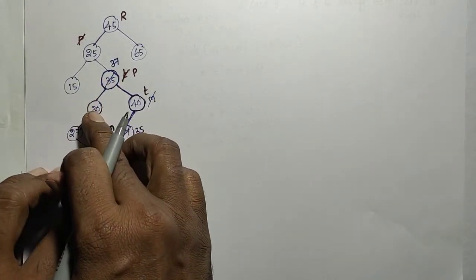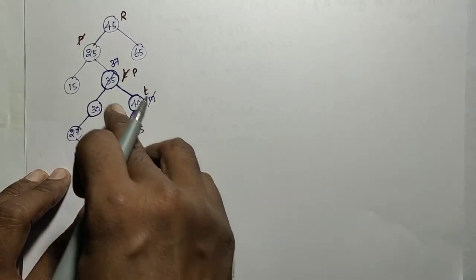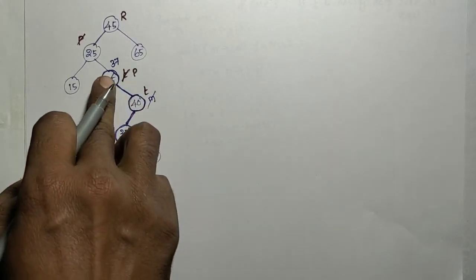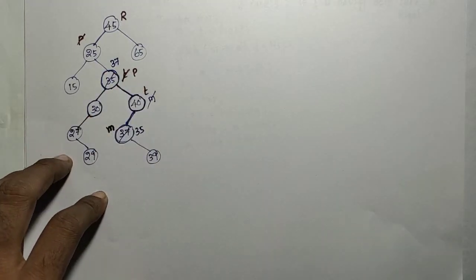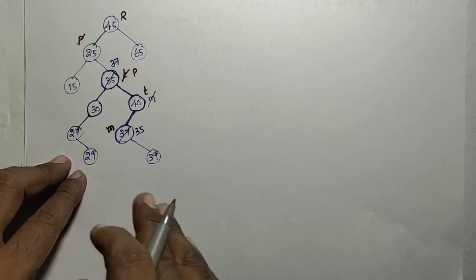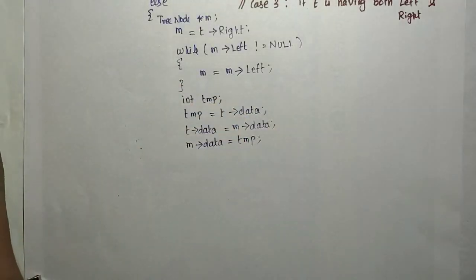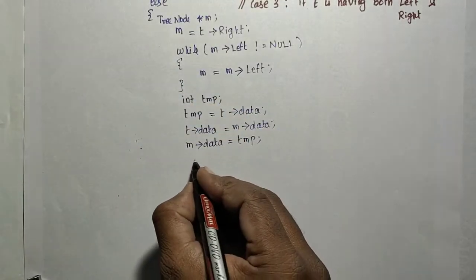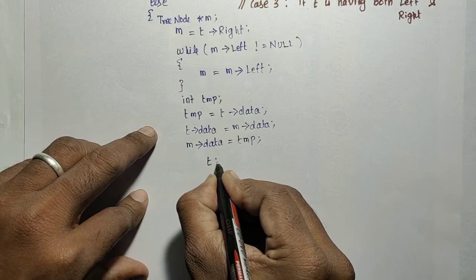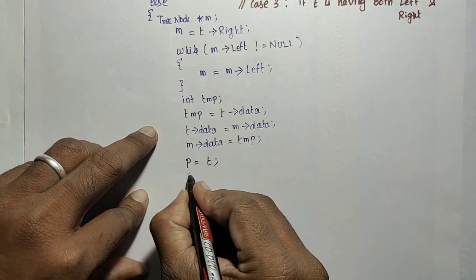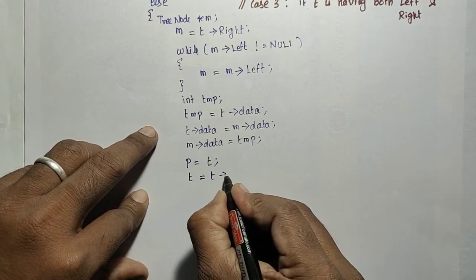Suppose if we had selected the left subtree and the rightmost element, t would be moved to the left side. Now 35 is present in the right subtree, so t will be moved to the right subtree. By that time p will be updated with p. So in the next iteration, again 35 will be searched from that node. So the code I have to write here is, after swapping, current t will become p, and then t has to be moved to the right side, so t of right.